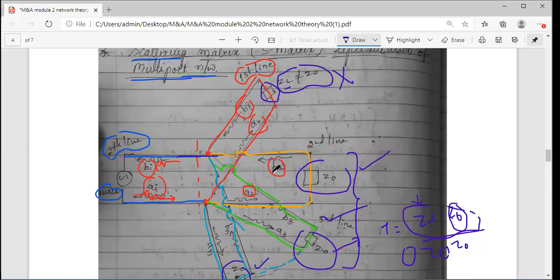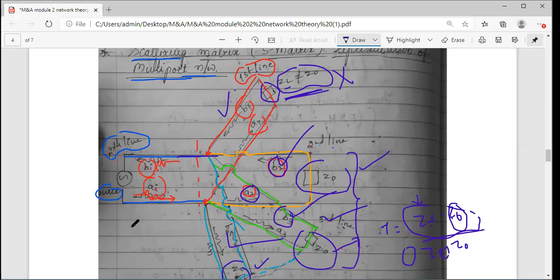So for all these second, third, and so on up to n lines, you don't have any reflections. Even though in the figure I have drawn A's and B's both, just to show you, let's see what values the reflections will have for the second, third and so on up to n lines. For the first line, no doubt we will have reflections because the load is not terminated in the characteristic impedance. But for all other lines, these reflection values B2, B3 and so on up to Bn will not exist. Symbolically I have shown them here, but their values are equal to 0.